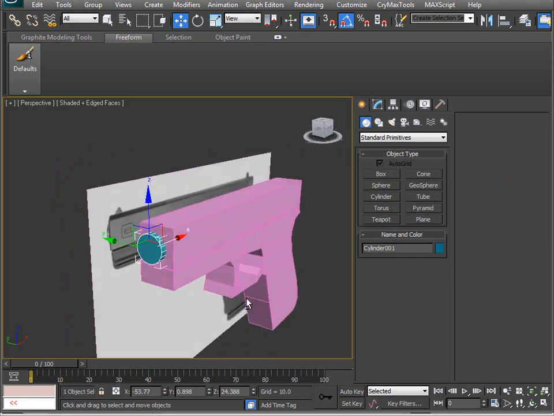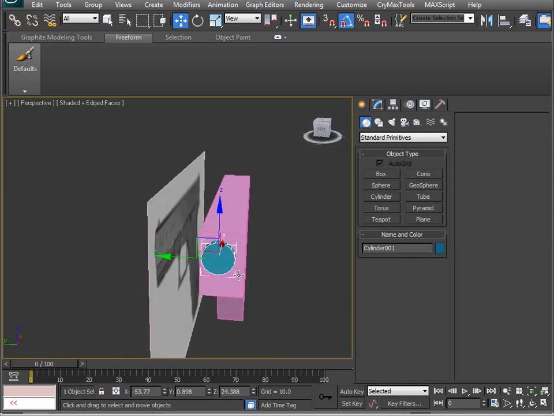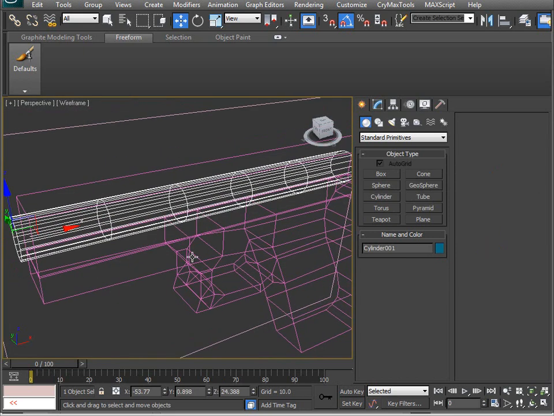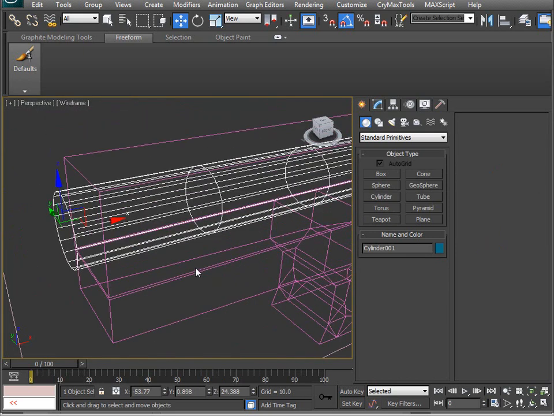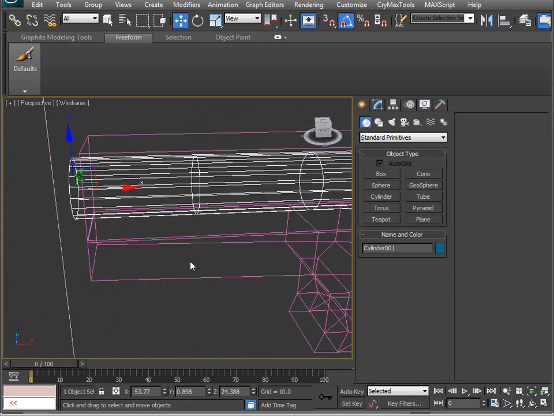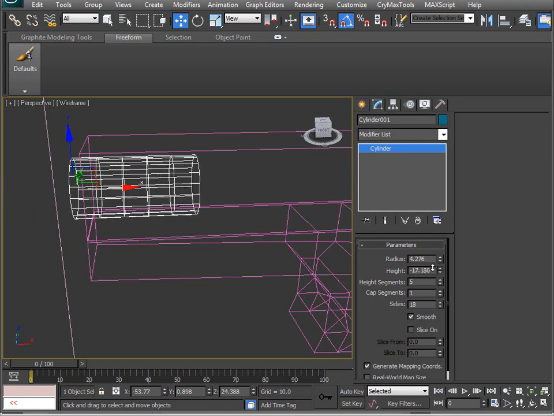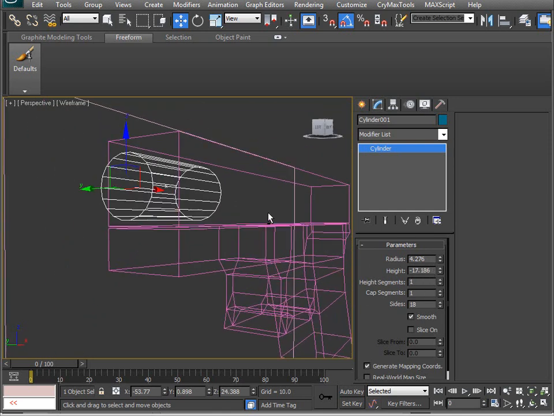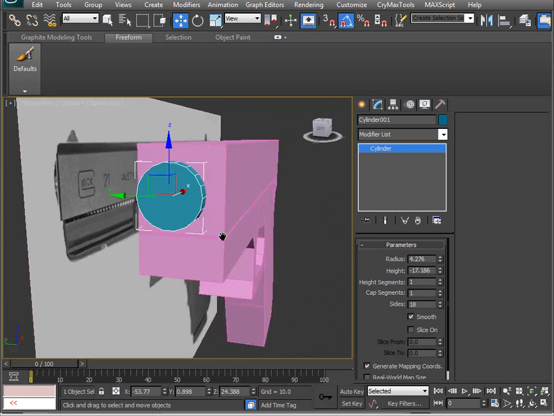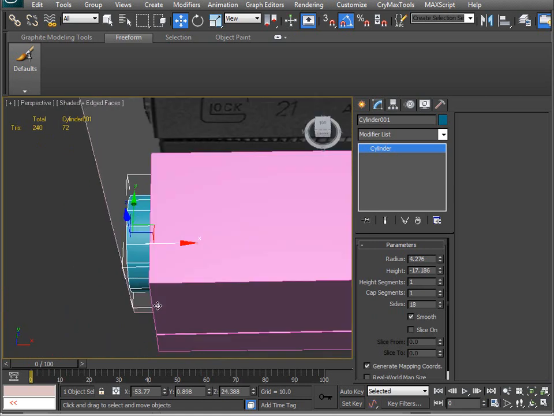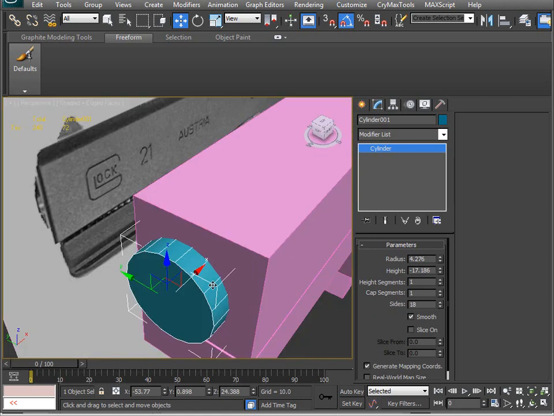My barrel, for the most part, I don't really need it to go this far back because I can fake it with materials. So what I'm going to do is I'm just going to make it about that long. I don't need any height segments, so I'm just going to drag that down to 1. 18 around is going to give me, if I hit 72 polygons without any edits, and